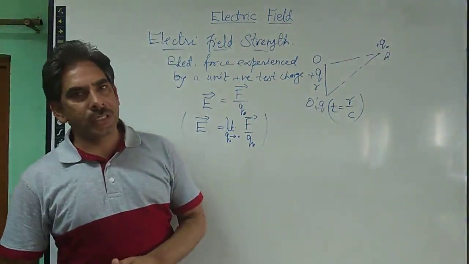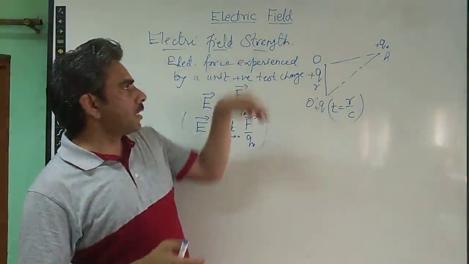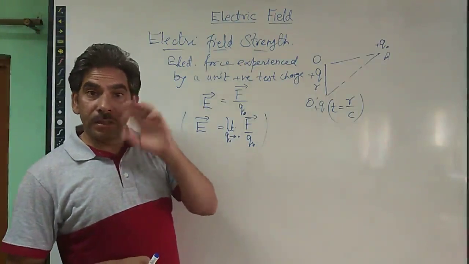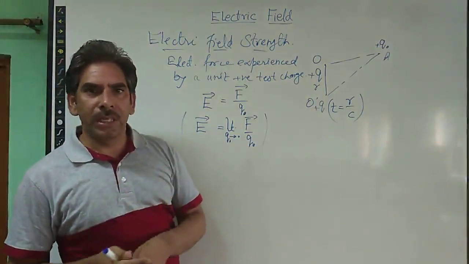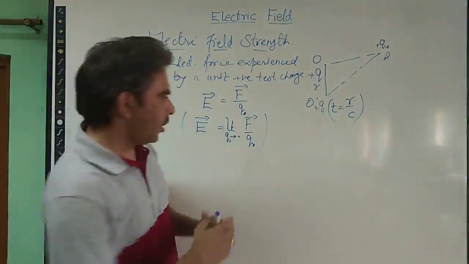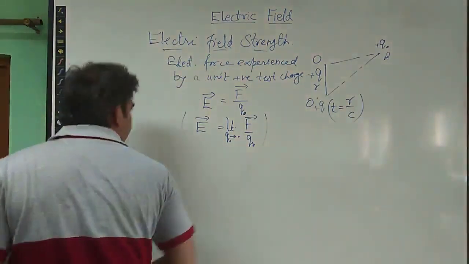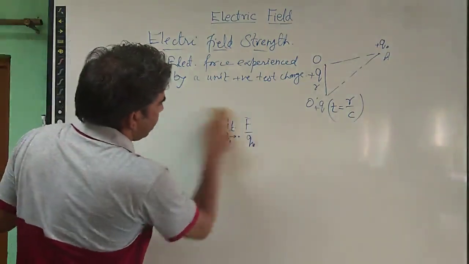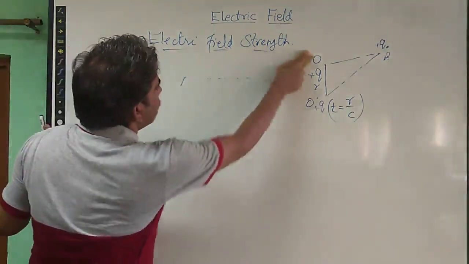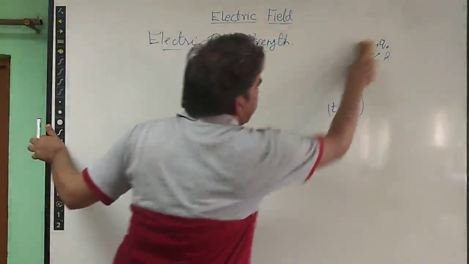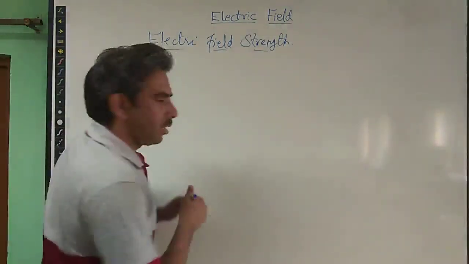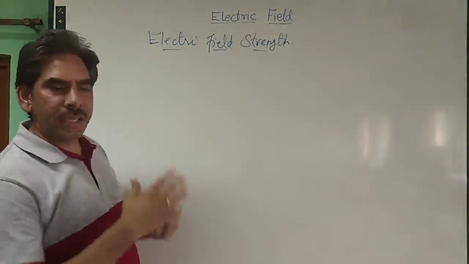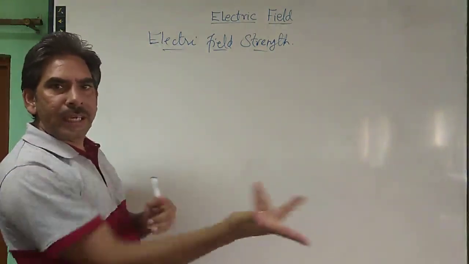Now we try to understand the significance. By this understanding, we can easily tell about the significance of the concept of electric field. It has two important significances. The first one, as we have discussed earlier, is that it gives the clear explanation of how charges influence other charges at a distance.